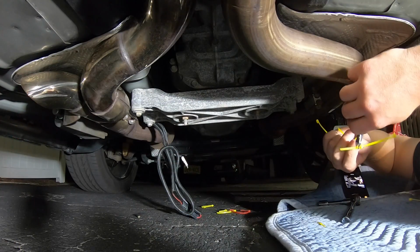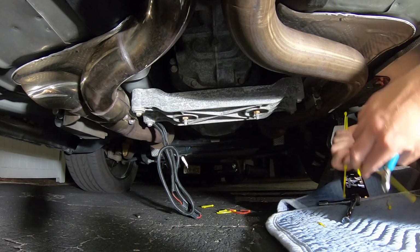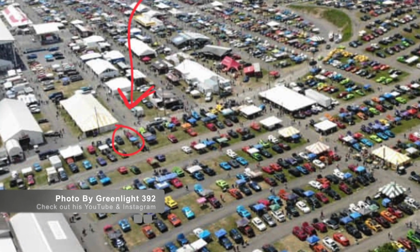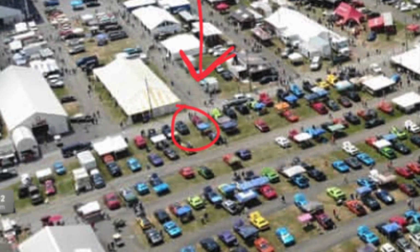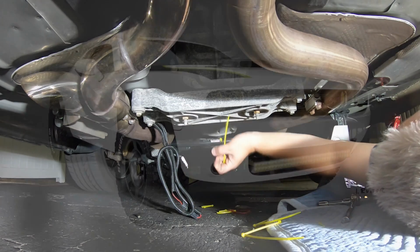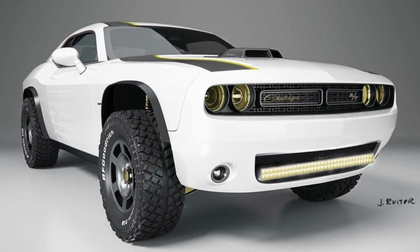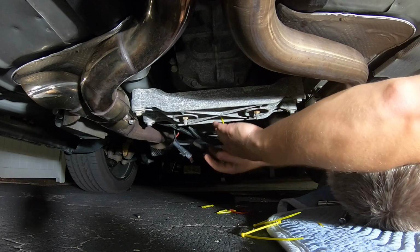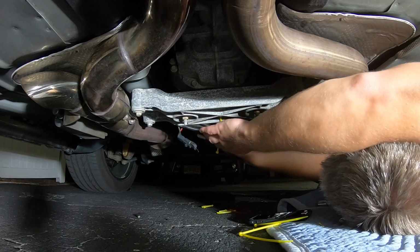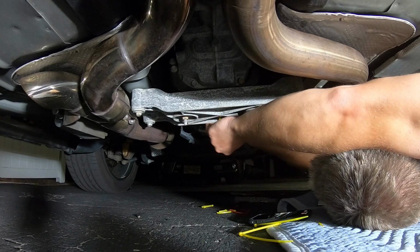All right, so despite the fact that my NoWeeds was ruined, don't let that take away from the awesomeness that is the Chrysler Nationals. I am going back, and next year I will be bagged. So this won't happen, because I'll be able to go into four-wheel drive mode, monster truck mode, and drive over the obstacles in the field. So that's the game plan, at least. It's kind of funny though. I am a little sad that I don't have NoWeeds for a little bit, but it's no big deal because